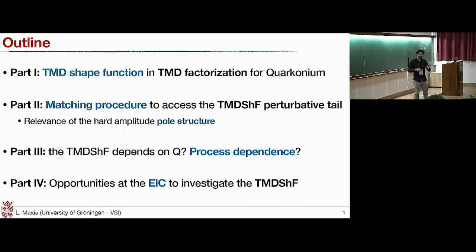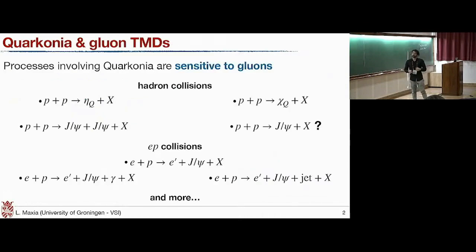And then I will move to the Q dependence that seems to appear in such objects, which suggests a process dependence. Finally, I will move quickly to the opportunities at the EIC to investigate such objects, giving some possible examples and some ideas. So first of all, as mentioned again by Christian, I'll give you an idea why quarkonia are